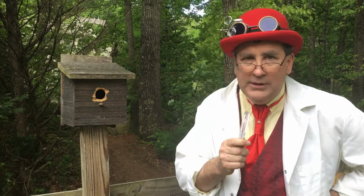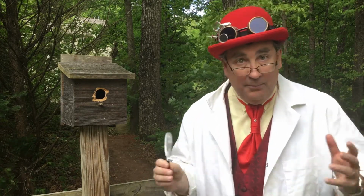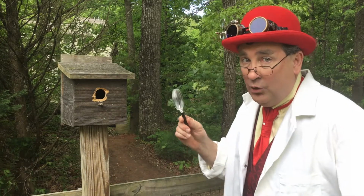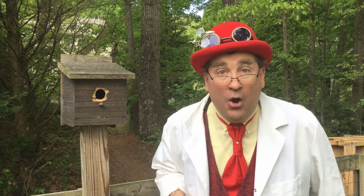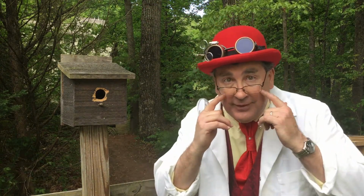Now, it's important never to bother a birdhouse if there's babies inside. The mommy and daddy won't like that, and they might swoop down and show their displeasure. But let me just take a quick look and see. There are baby birds in there. I can see them and